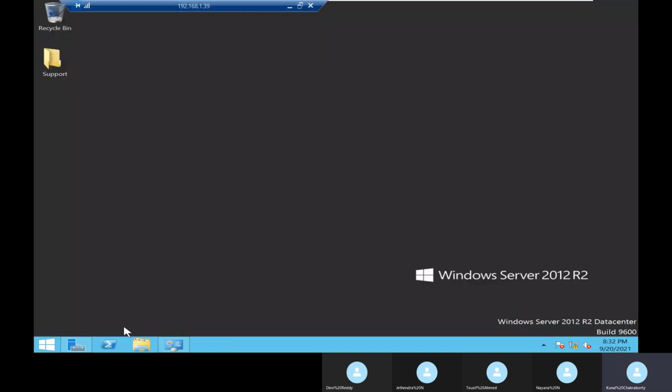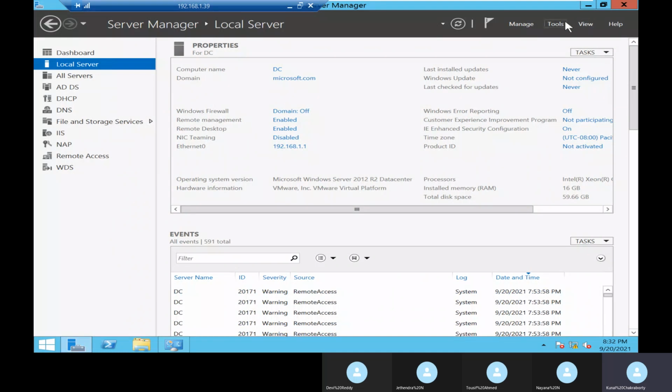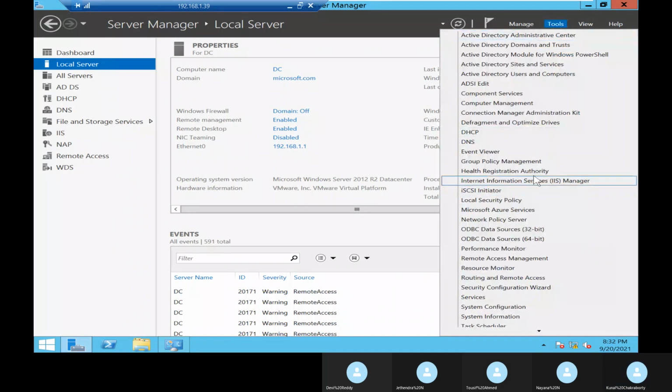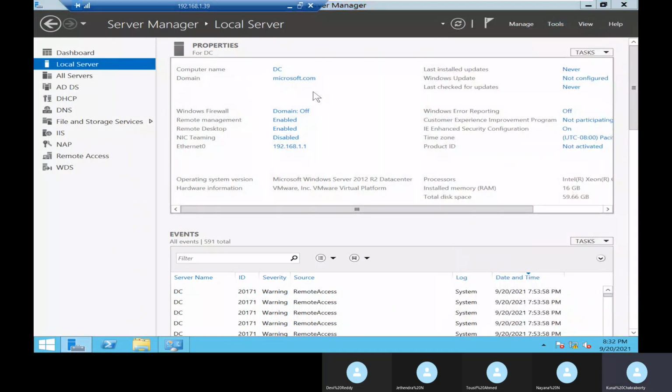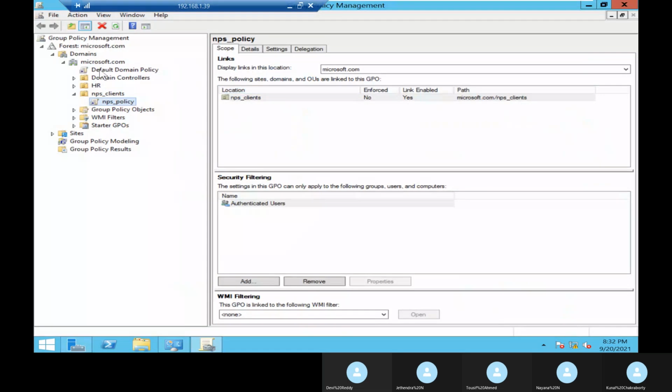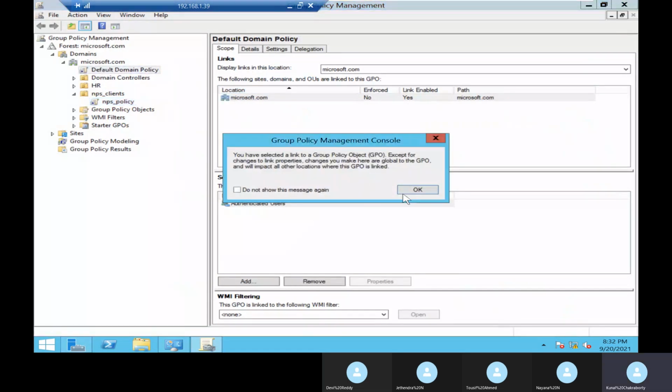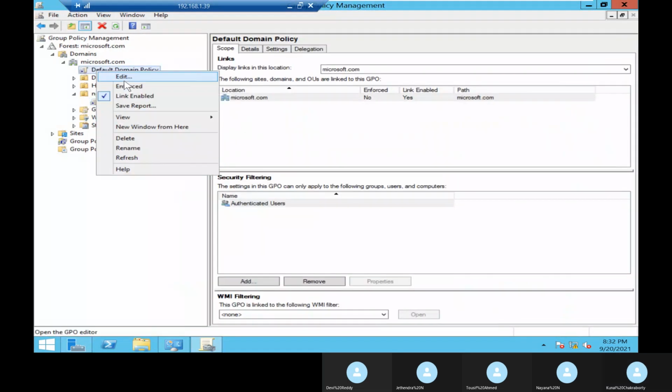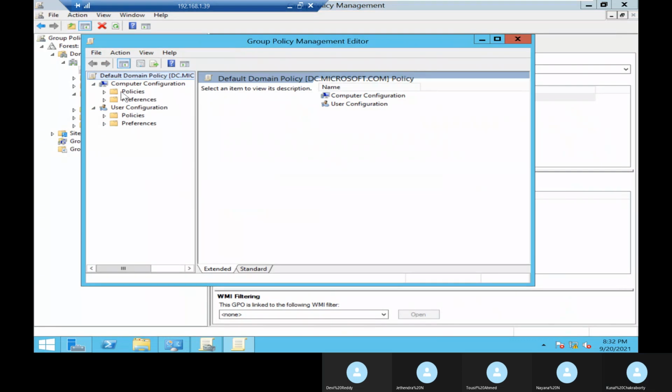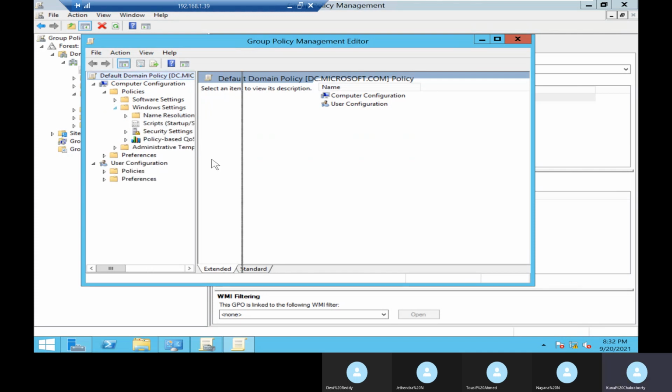Okay, I will do one thing to show how it works. I'll go to group policy management. In default domain policy only, I will do it. But actually, it should be created inside that OU and then you should apply the policy. But to show how it works, I'm doing it over here.